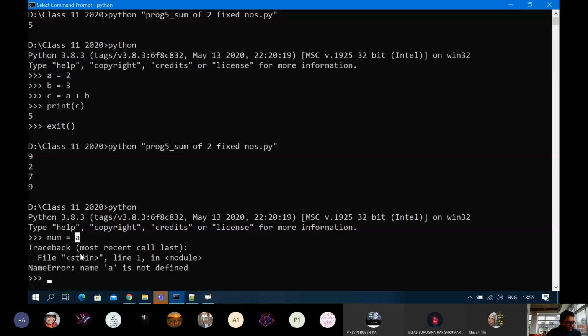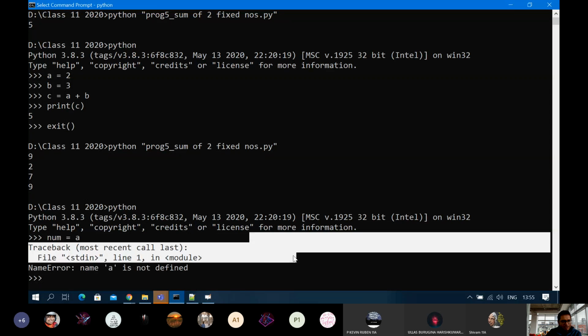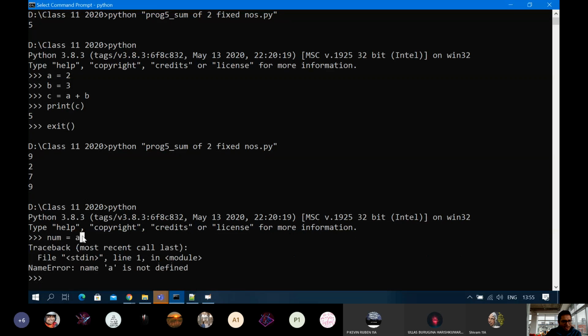Aditya, I have not used the term variable till now. Okay, so just wait. So यहाँ पे देखो, अभी तक हमने we just started Python in interactive mode. You are telling it to fetch a value from another memory location labeled as A and then put it inside a new memory location, name it as num.